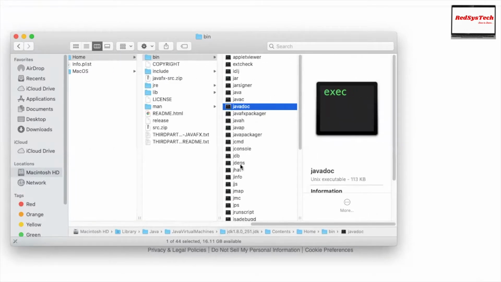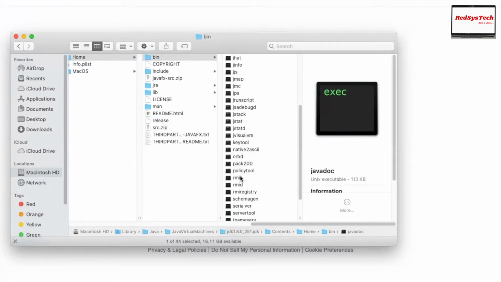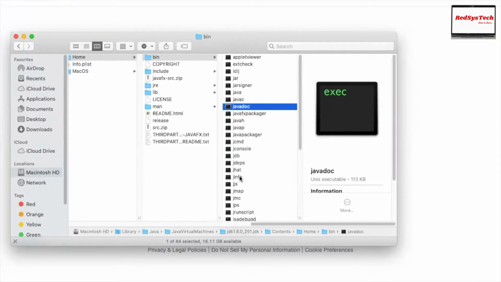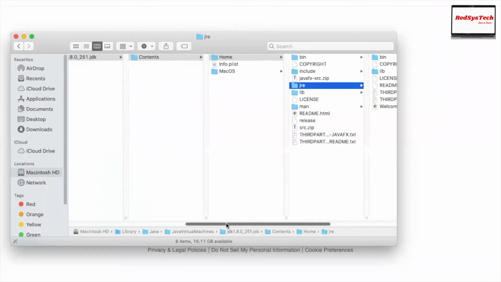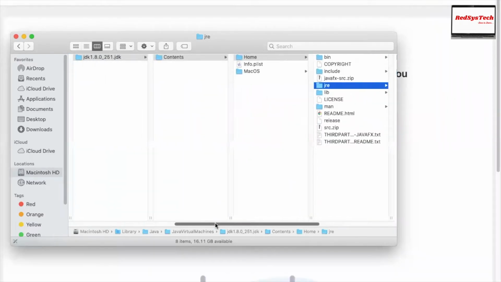There are so many libraries and executable files available in Java that you can use to enhance the product or whatever you are developing using Java. So JRE is fair enough for executing a program, and JDK is required if you want to develop, sorry, not a language, if you are writing a program and you want to execute it. So this is the actual contents of JDK and JRE.